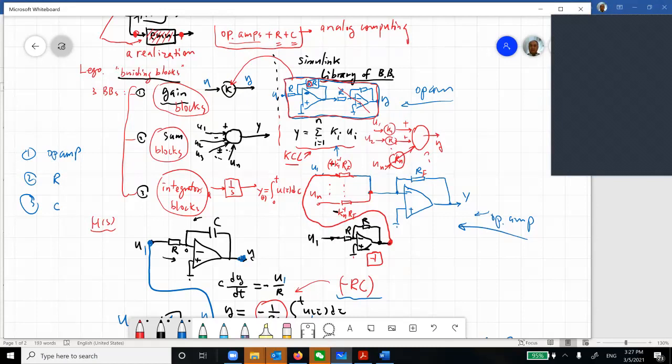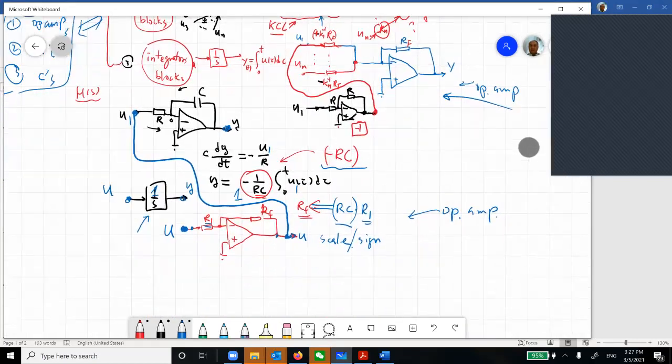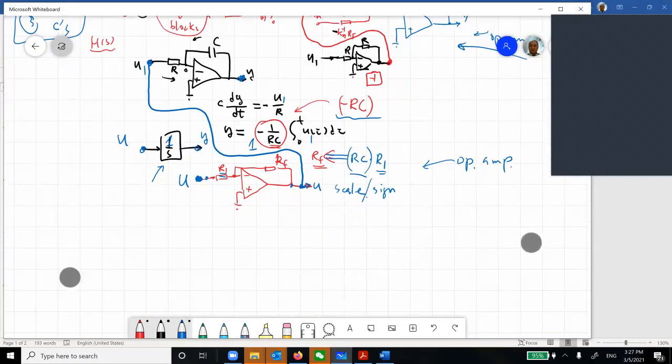I'm telling you that these and these are in op-amps. So you have many op-amps, many R's, many C's, so you can do the same, okay? We haven't solved this problem yet. So we have an issue of